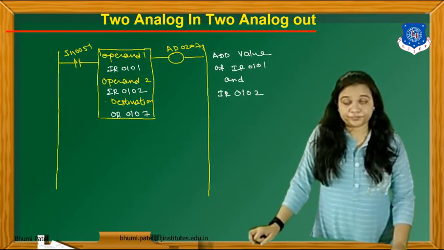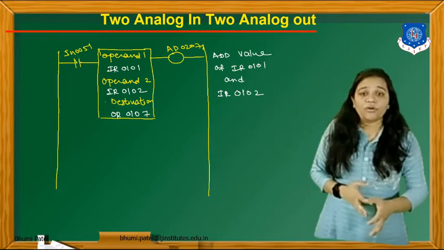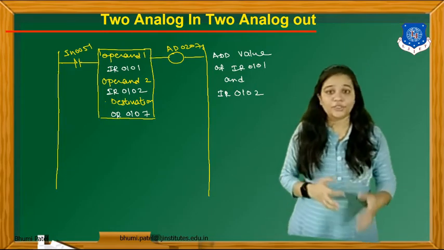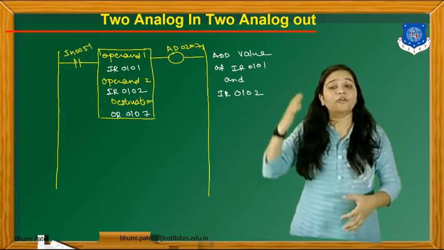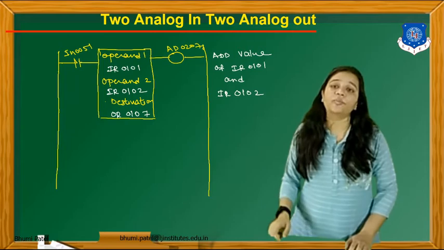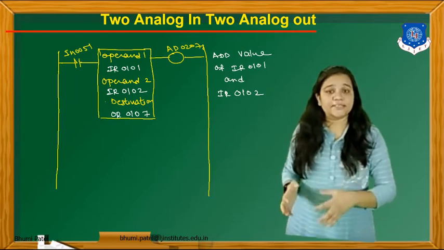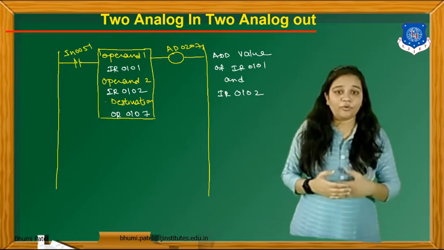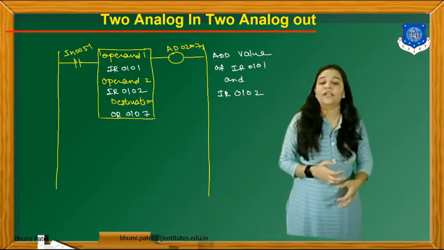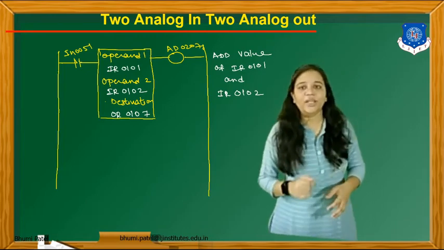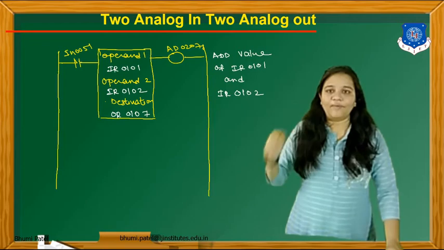Okay, so the first question is there, what about 2 analog to binary? For that you have to apply the process that we studied in the first session of analog signal processing. You have to convert this AC into DC, then you have to divide this value, multiply with this number of bits, and then you have to convert into the binary number. So here we have to start with the add value.